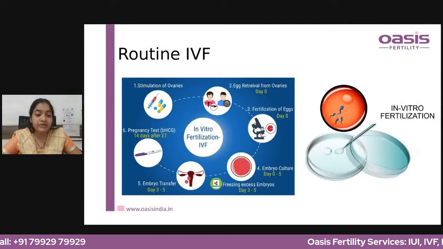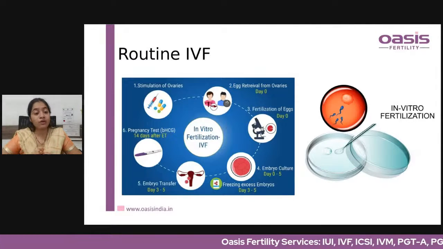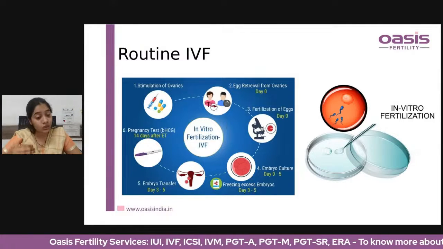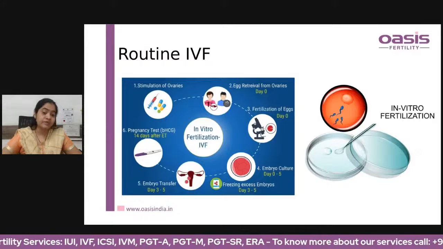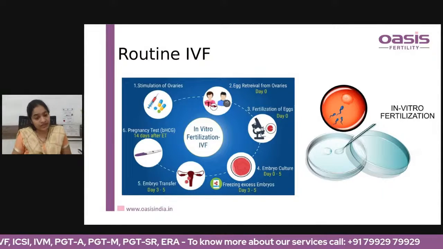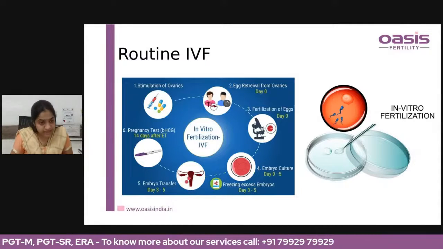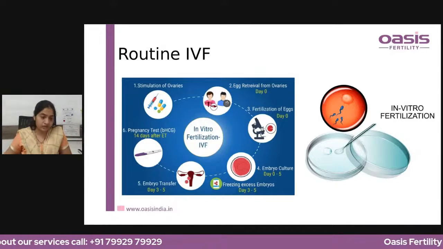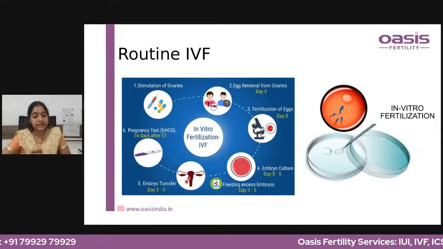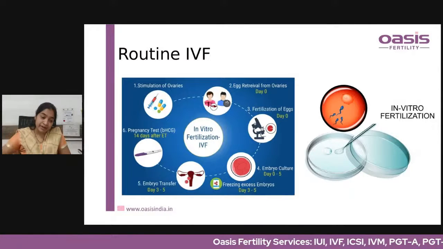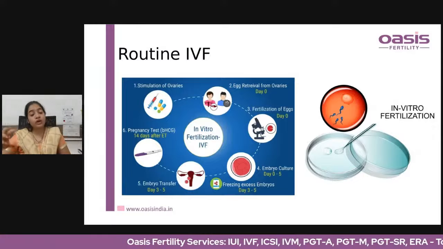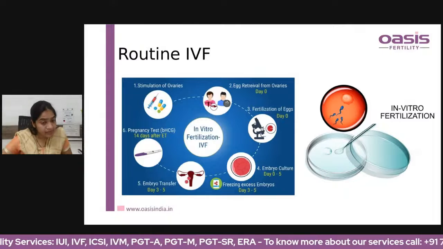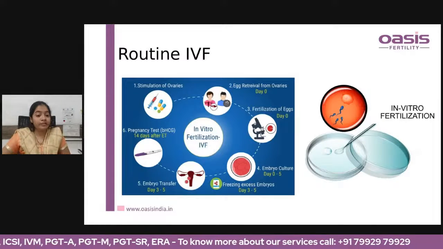Then we look at the endometrial thickness, and depending upon the day 2 or day 3 scan, we decide the dose of the injection that is given. In routine IVF, we give the injections from the second day of the cycle for approximately 12 days, not necessarily 12 days for every patient. It depends upon the response of that patient. So 12 or 14 days of injection is given to the patient, and after that